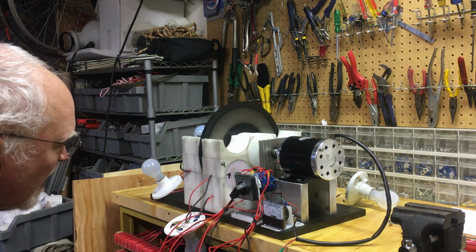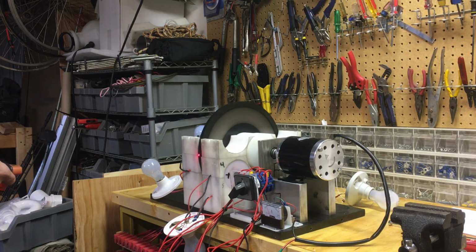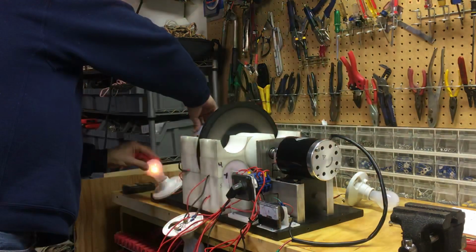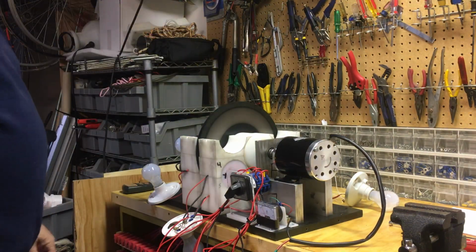It's about 18 amps, 3857 RPM. Blew the bulbs out,